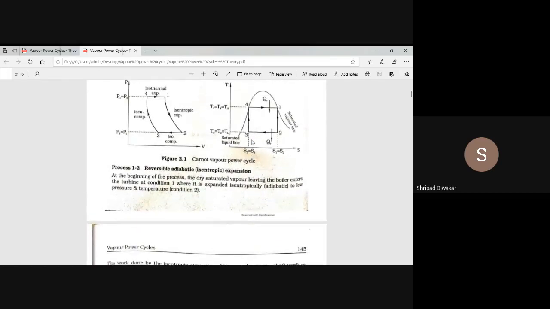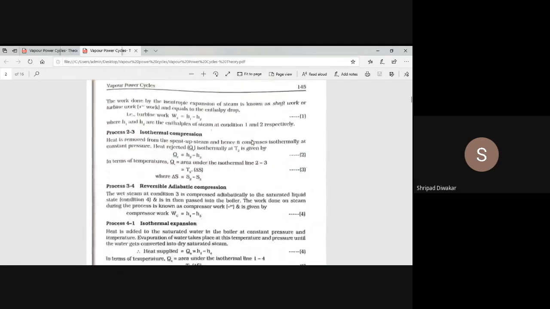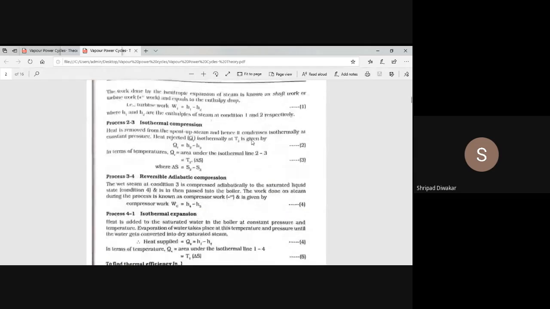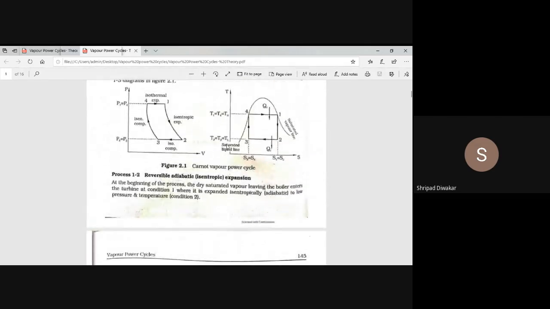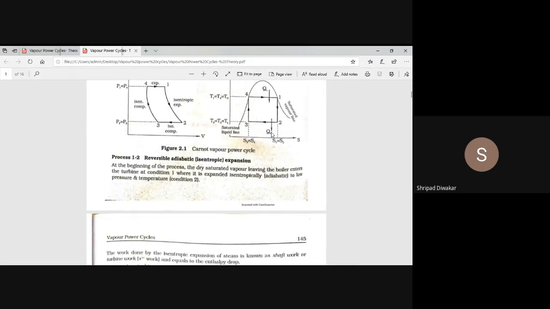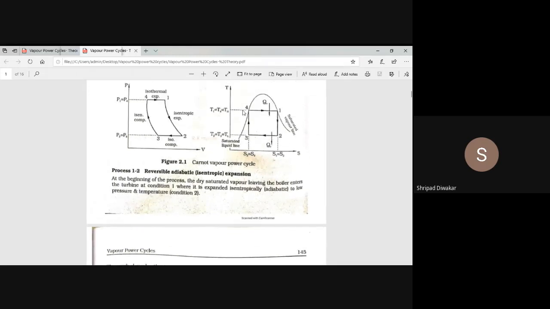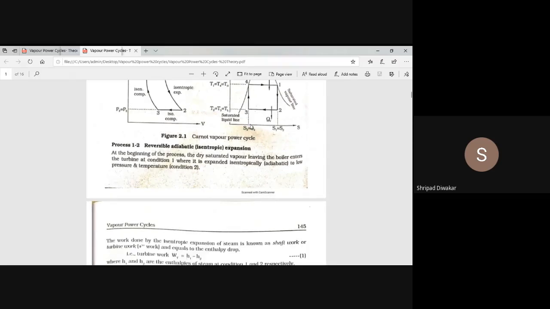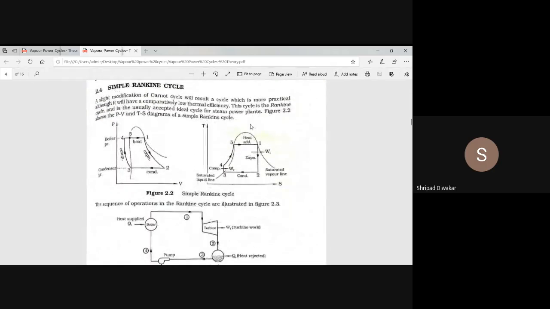Heat supplied is nothing but, as I said, how you take it in the Rankine cycle, same thing here. So here H1 minus H3. Whatever the enthalpy drop is, you have to take that. This is how to find the efficiency. Now we are going to concentrate on the Rankine cycle. Hope you understood the Rankine cycle. This is the first basic thing. Then I'll tell how to improve the efficiency of the Rankine cycle.